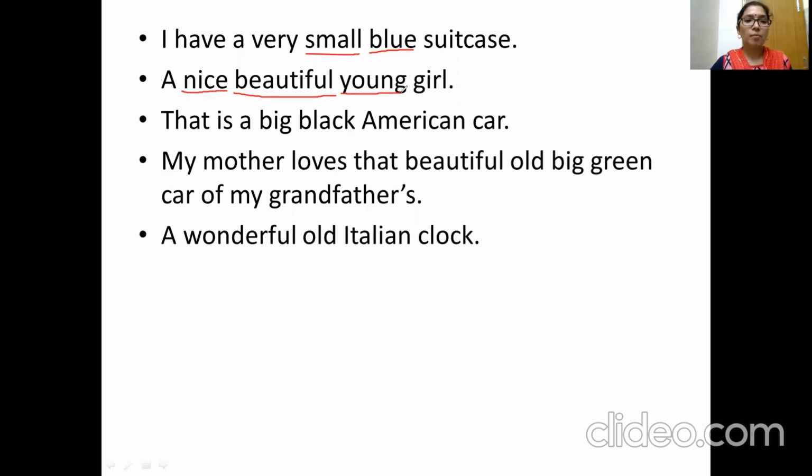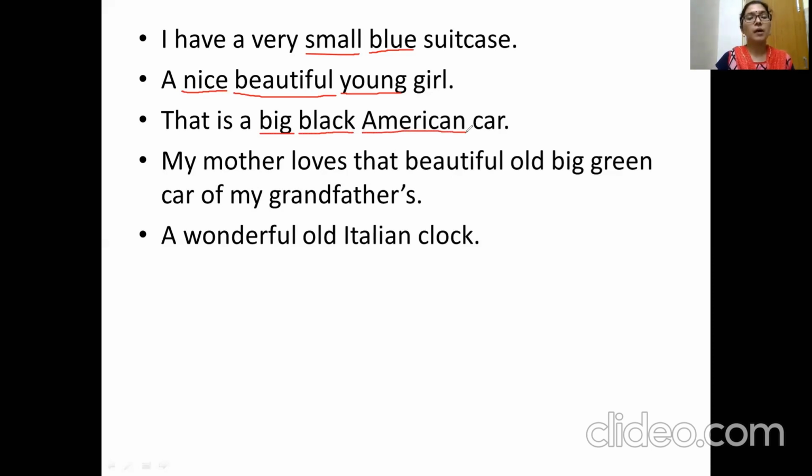That is a big black American car. To describe it, we have used three adjectives: big, black, American. In the next sentence, my mother loves that beautiful old big green car of my grandfather's.